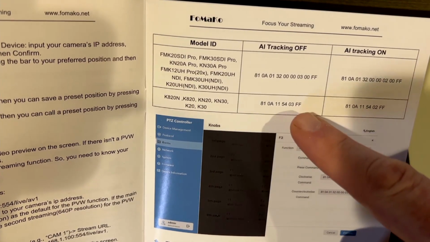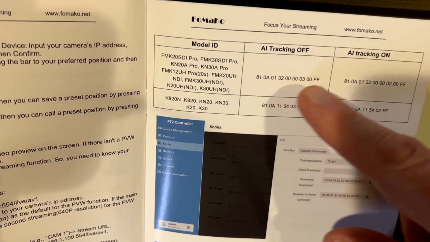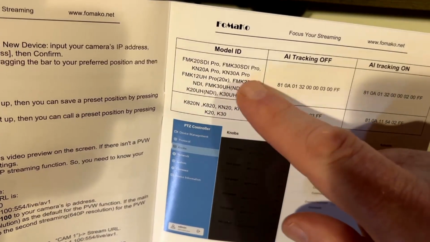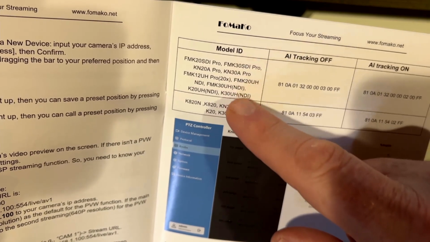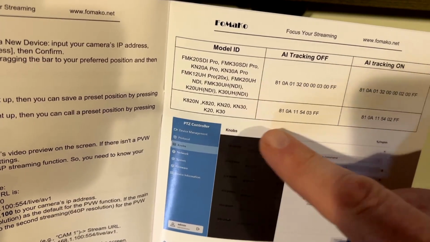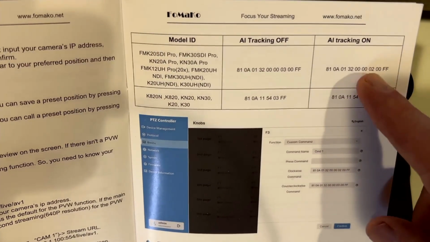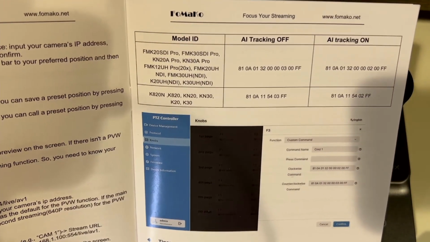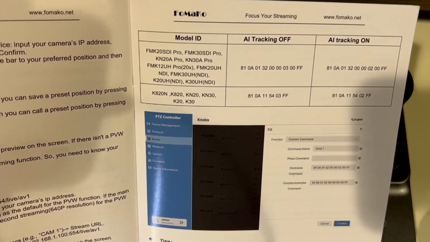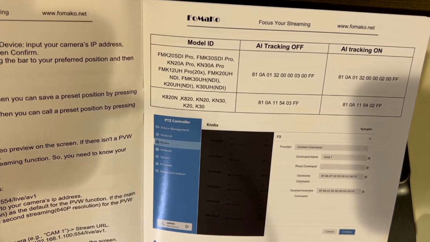AI tracking on, AI tracking off. For this one, I got to use the ones up here, and you can see why. It falls into this group up on top here, where the KN20 falls into the group down below. So you got to use those codes. I'm going to be using the AI tracking on in the clockwise position and AI tracking off in the